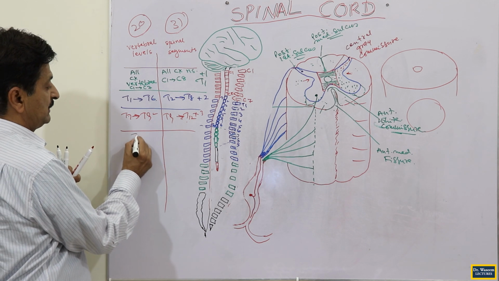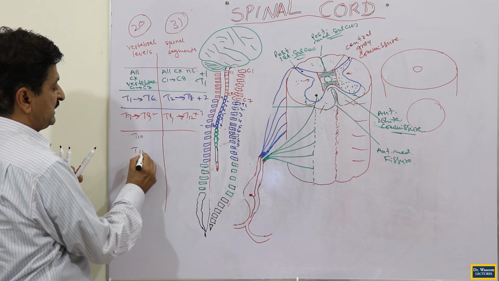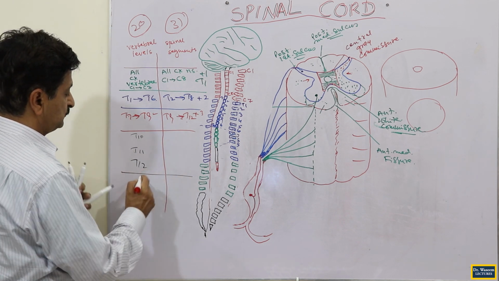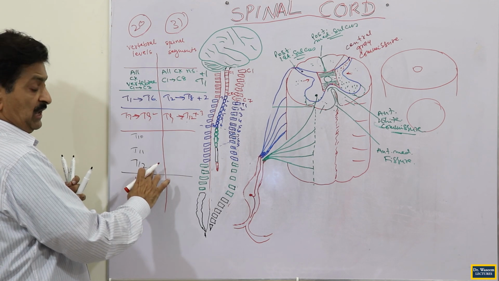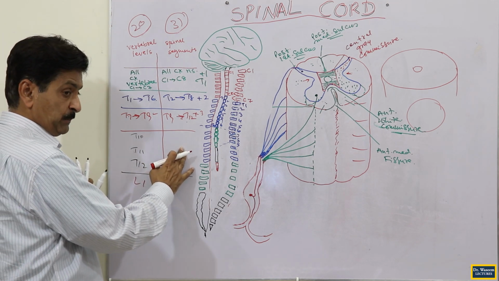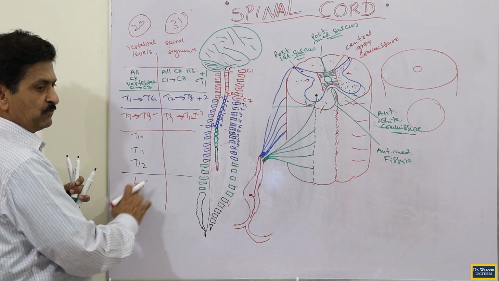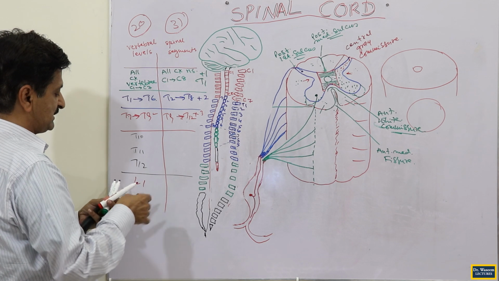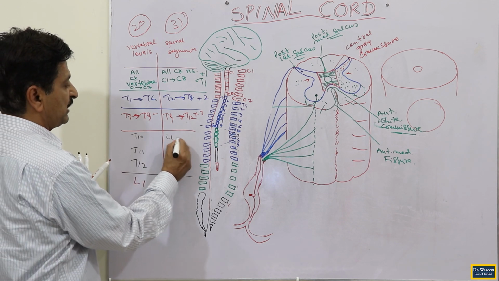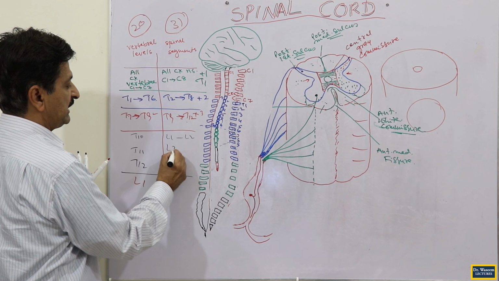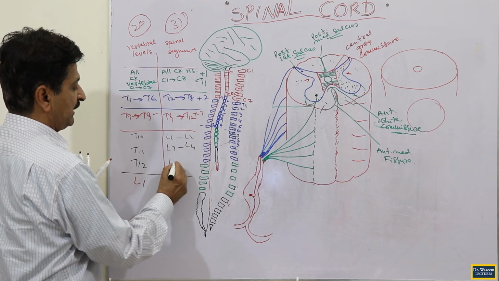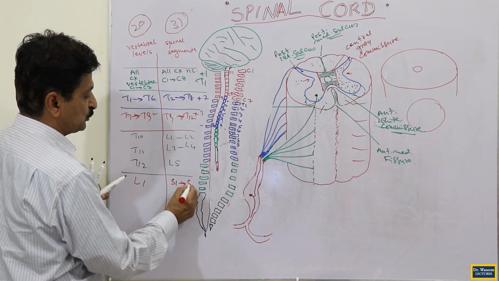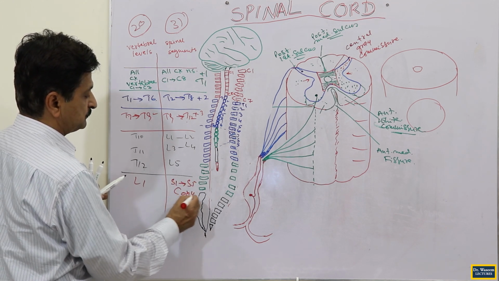So you say T10, T11 and T12. It's just this? No, we have got L1 also. Separate them. All 3 thoracics will accommodate all 5 remaining lumbars, and just 1 lumbar will accommodate all others. So if it is a 5 lumbar here, you can say T10, L1 and L2, T11, L3, L4, T12, L5. What about L1? L1 will have all, S1 to S5 and coccygeal also.